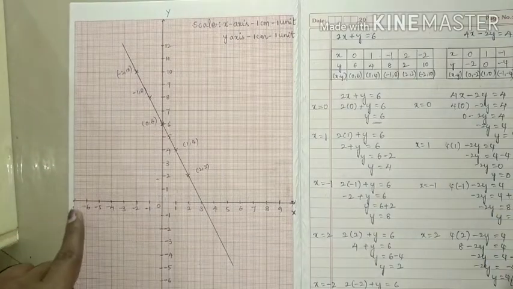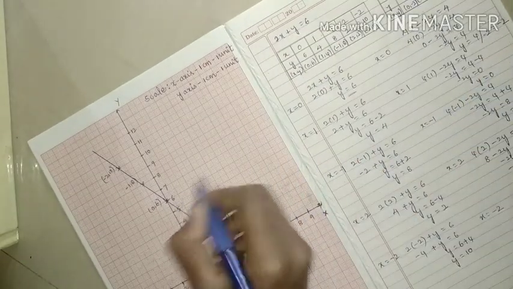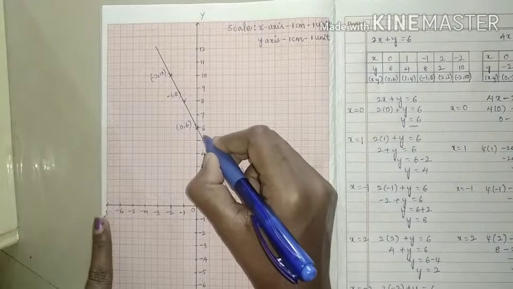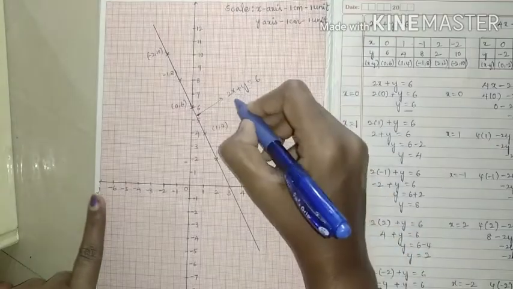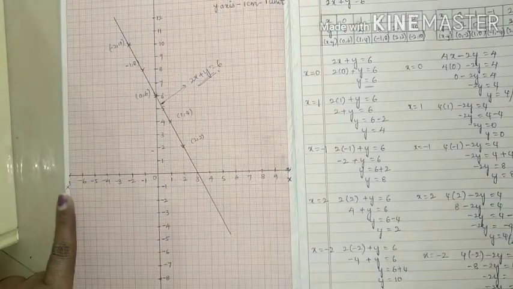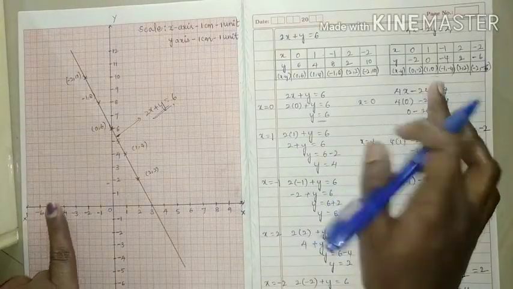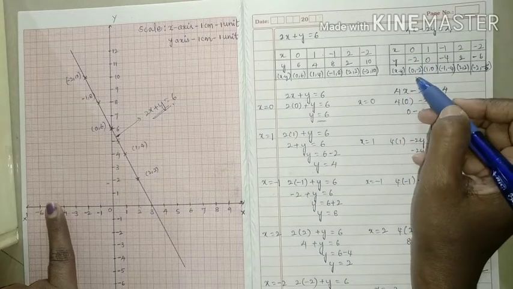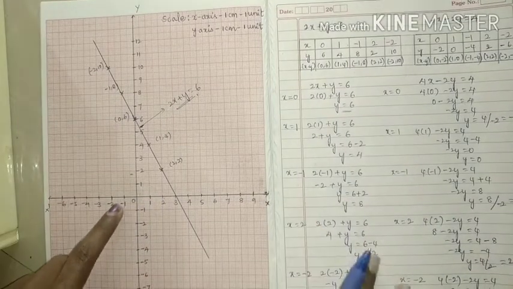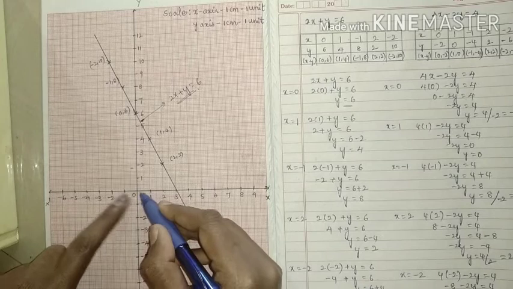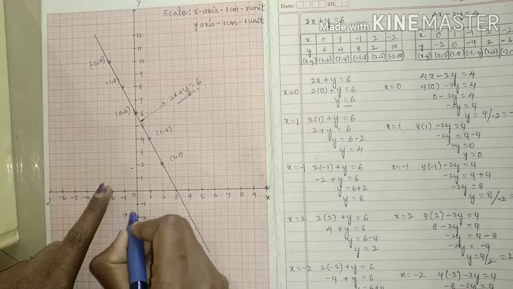So we have got the required equation, that is 2x plus y is equal to 6. So this equation is 2x plus y is equal to 6. Now in the same way we have to mark the points for the second equation. So we have the first point, 0 comma minus 2. So here x-axis is 0 and minus 2 is here, that is 0 comma minus 2.